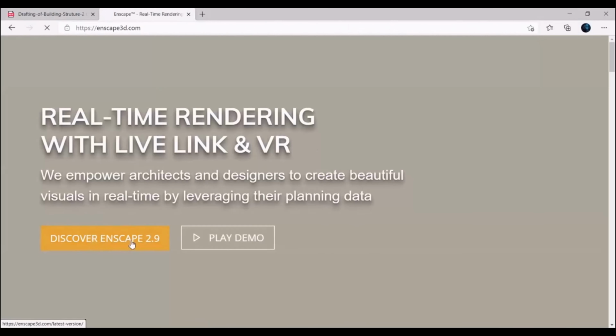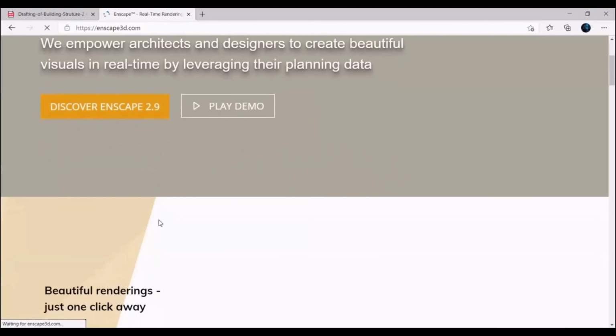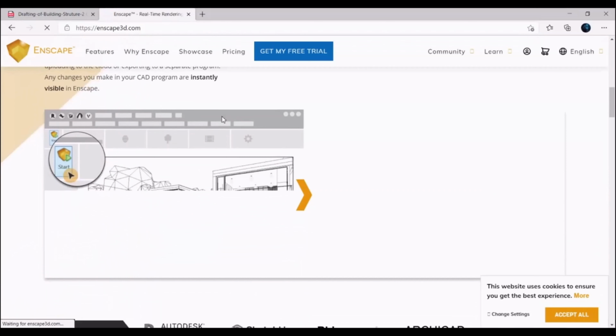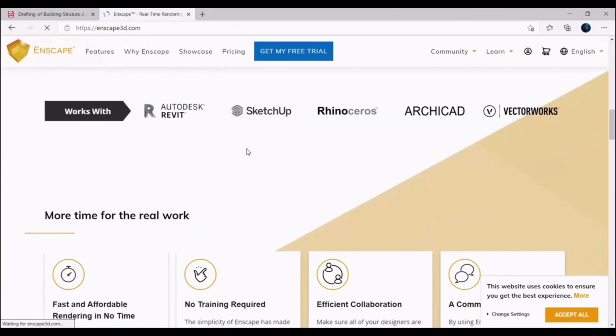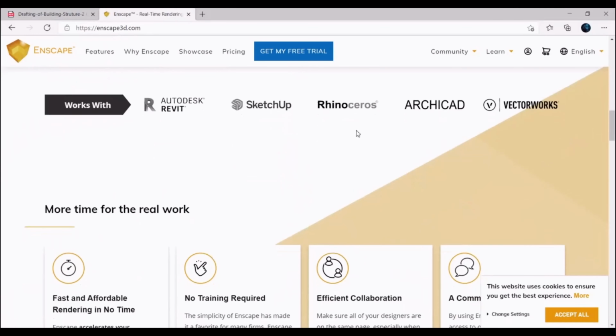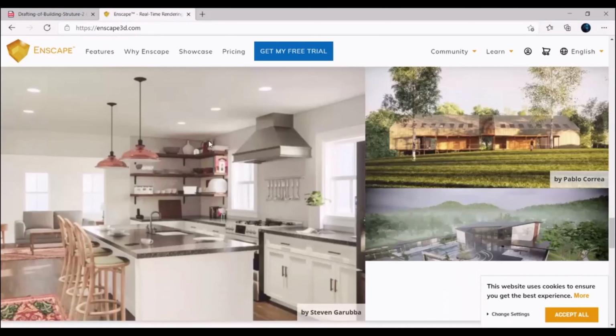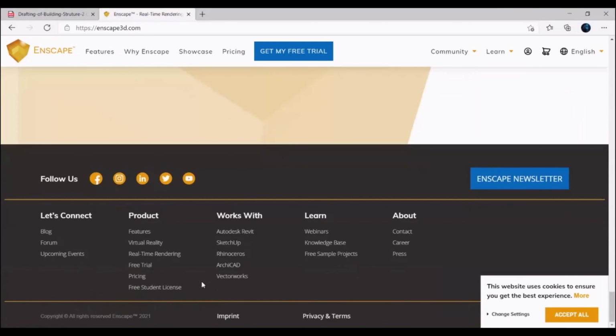This is the latest version, 2.9, and here you get all the details about the software, and you can get a 14-day free trial. They also provide a student version for 60 days. For that you can apply from here.